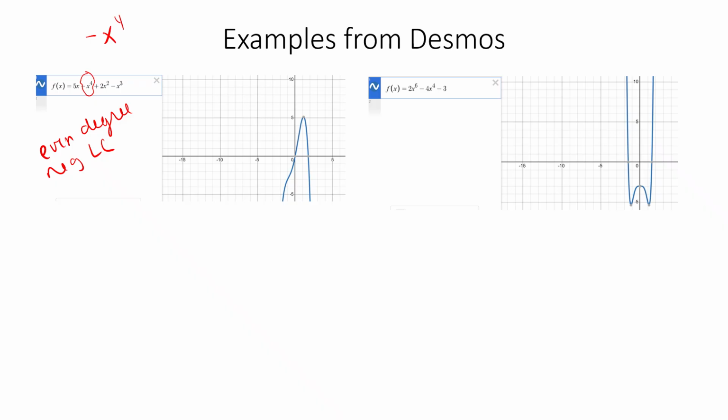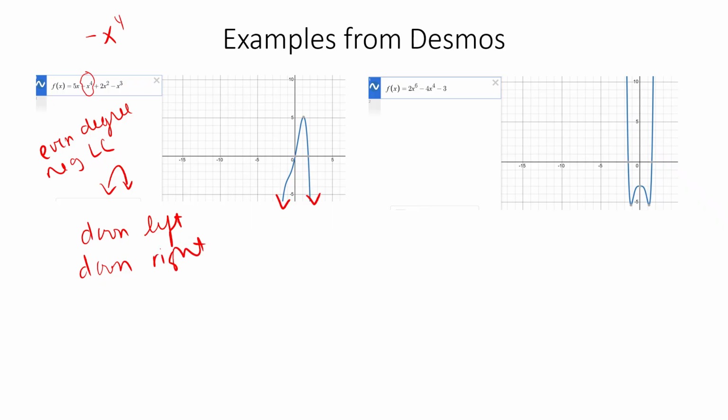Well, as soon as I hear even degree, I think this is going to be like a parabola, and the negative leading coefficient means it's going to be flipped over like that, which means this is going to go down on the left and down on the right,